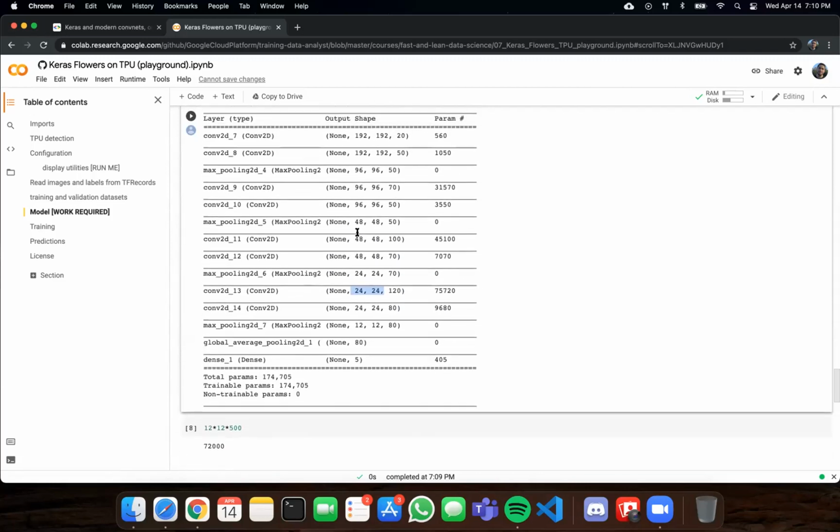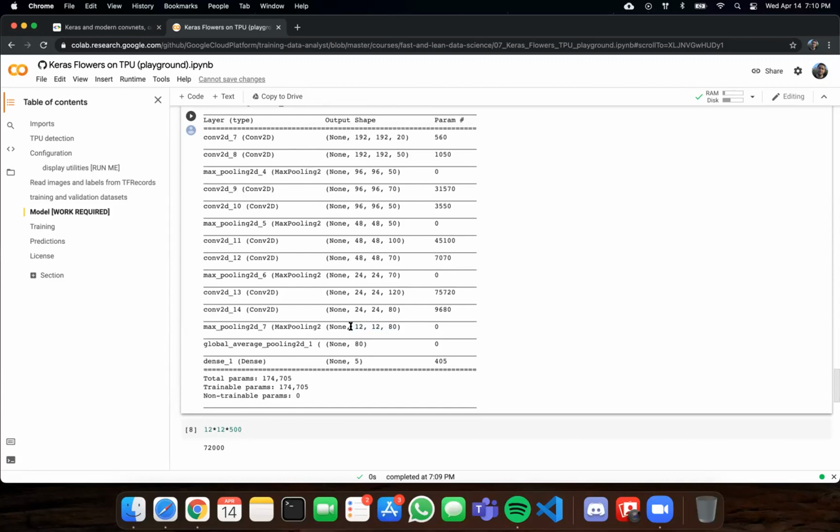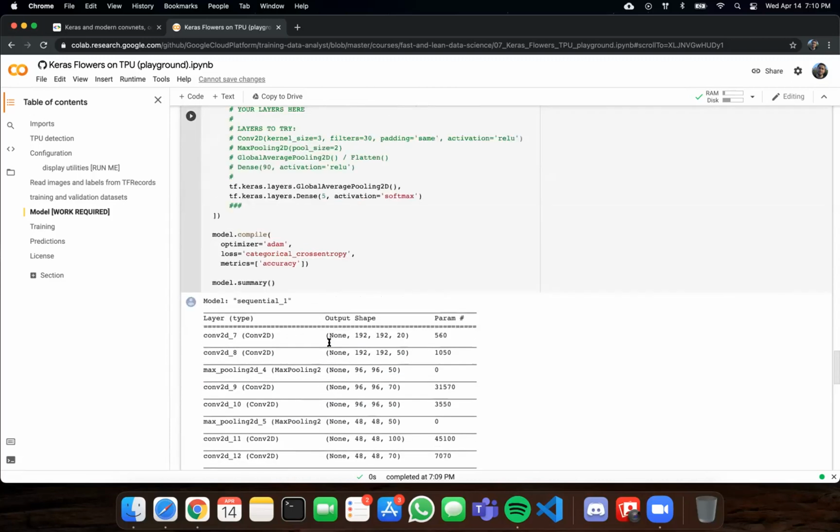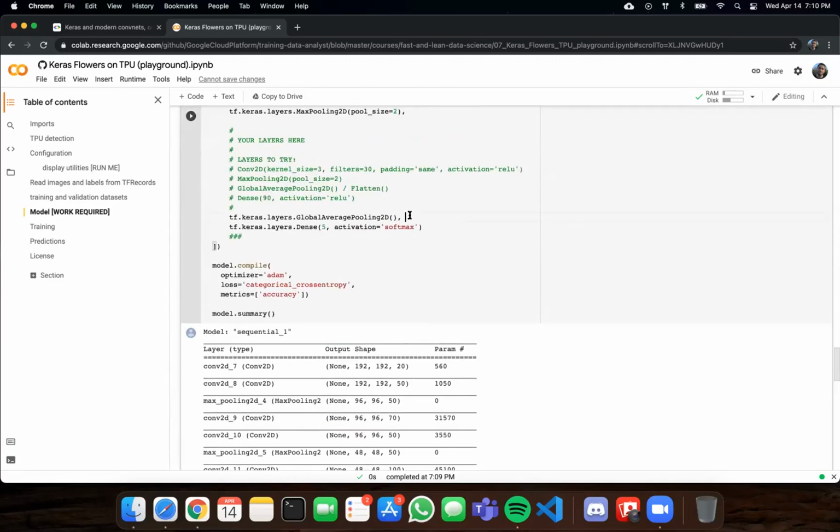Sometimes if we have problems, we can actually see what's going on. For example, if we had a huge image here, let's say 5,000 times 5,000, what do you think this value would be? This would be huge. So maybe you want to reduce the dimensionality a little bit more, because you don't want a huge average pooling to lose too much data. But at the end, it's all about trying. If I quickly change this for you,